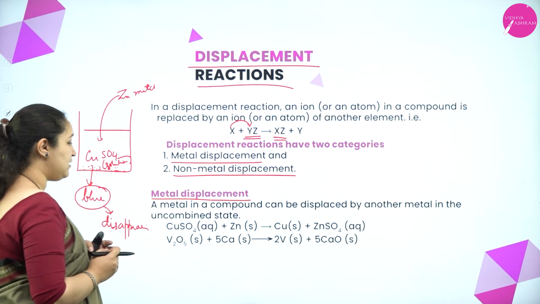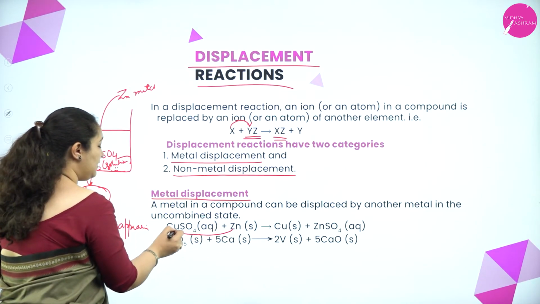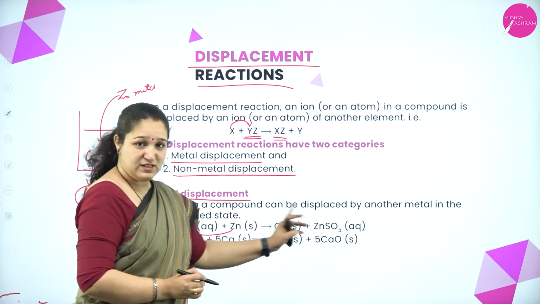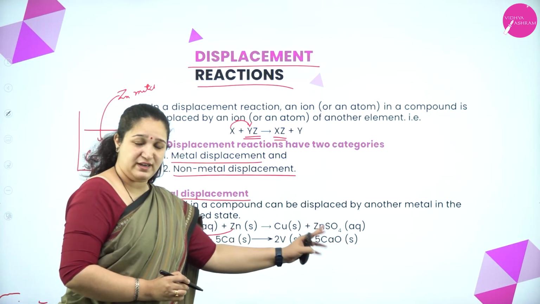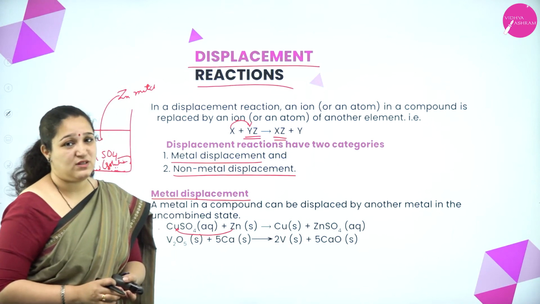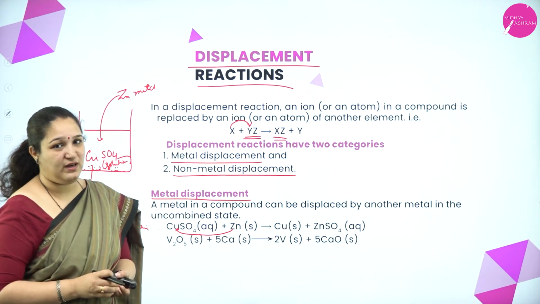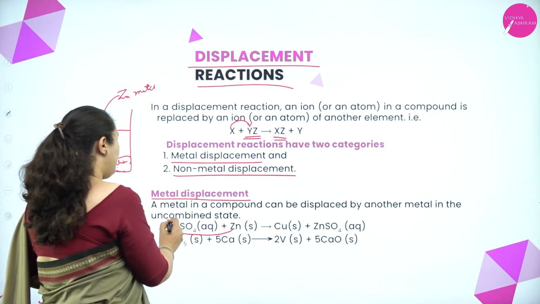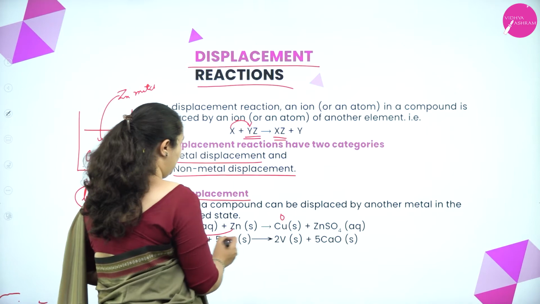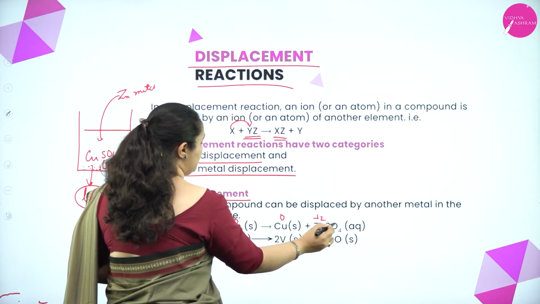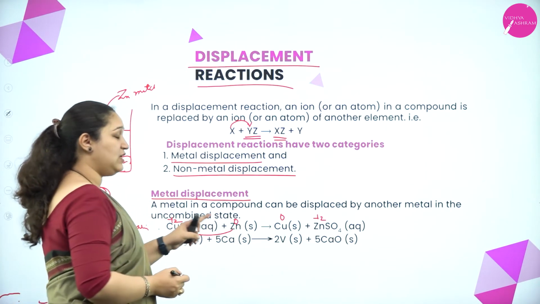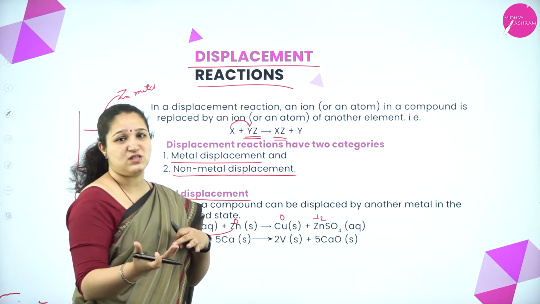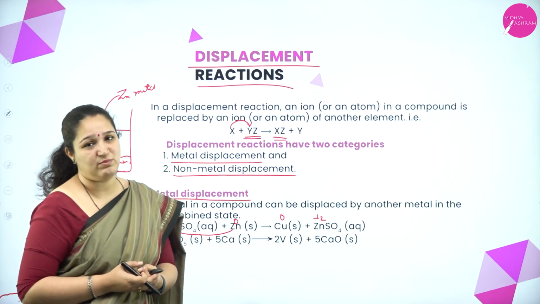So what happens here is zinc will start displacing copper and forms zinc sulfate. Zinc with sulfate will form zinc sulfate and copper will be deposited or it can be precipitated. So if you see whether this is a redox reaction, yes it is. Here copper is in +2 state and here it is 0. Here it is 0, this is in +2 state. So +2 to 0 it is decreasing, 0 to +2 it is increasing. So oxidation and reduction is happening simultaneously.